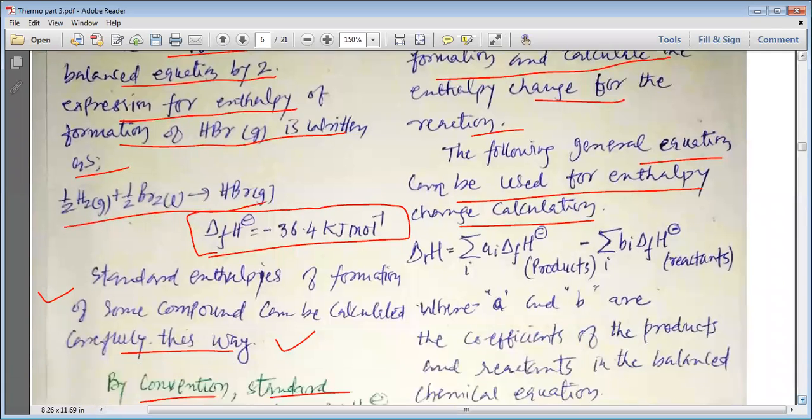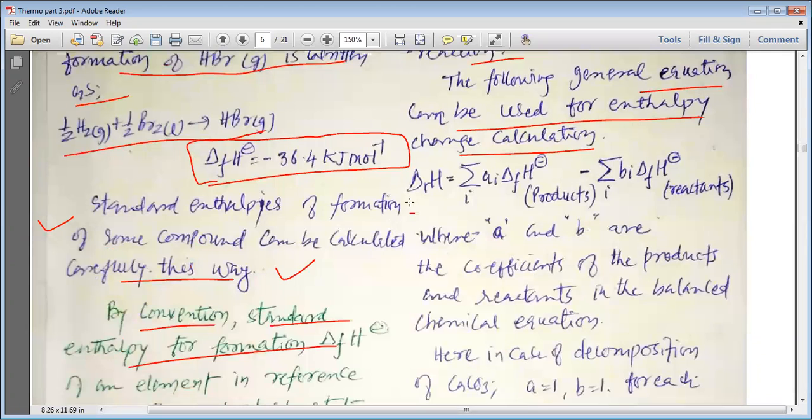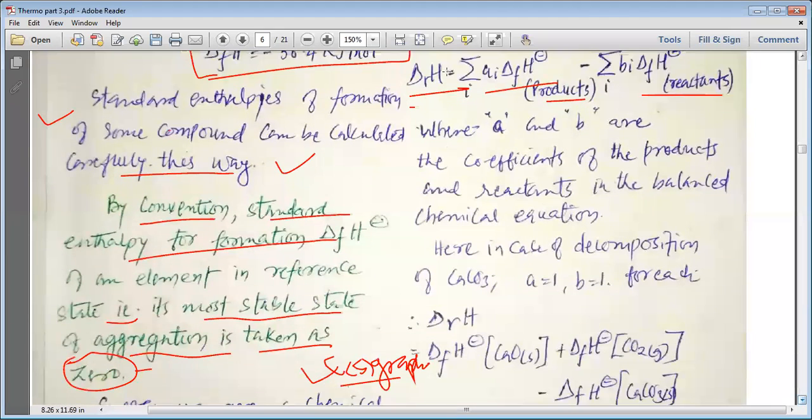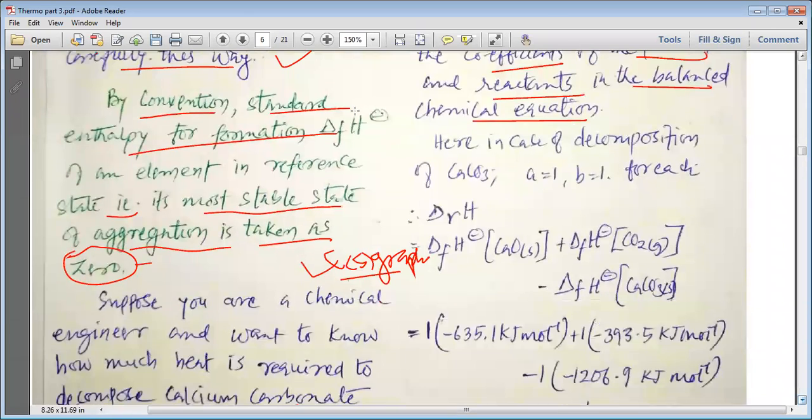My dear students, we are all aware that the enthalpy of reaction is the summation of the enthalpy of products minus the summation of the enthalpy of reactants, where a and b are the coefficients of the products and reactants in the balanced chemical equation. In this case, the decomposition of calcium carbonate, we have a equal to 1 and b equal to 1,